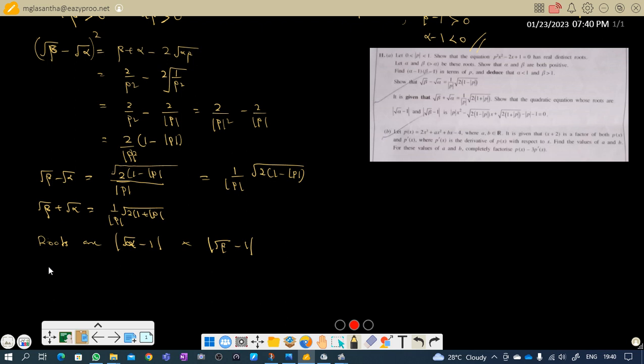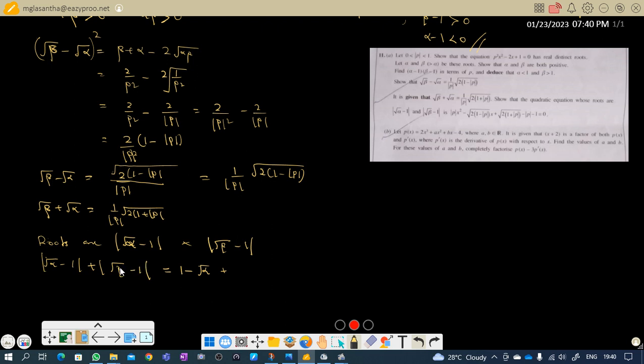Now you just take the sum of these two values, modulus of square root alpha minus 1 plus square root beta minus 1. So this equals, alpha minus 1 is a negative value. Then if you remove the modulus sign, instead of mod alpha minus 1 you have to put 1 minus root alpha. So